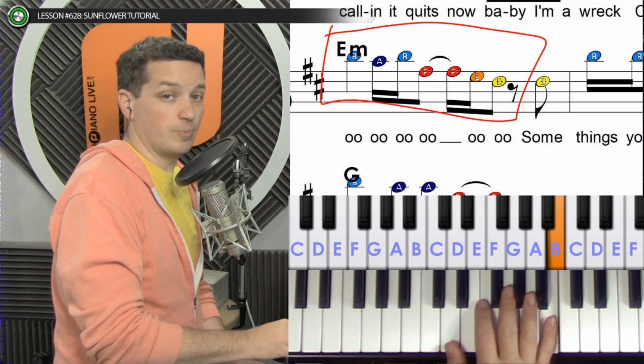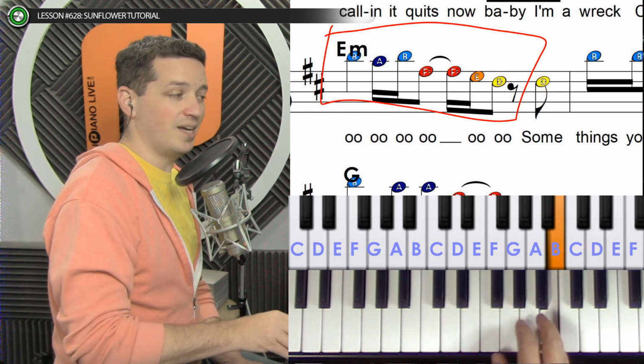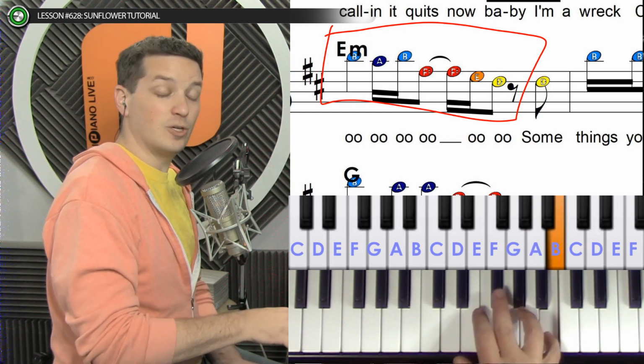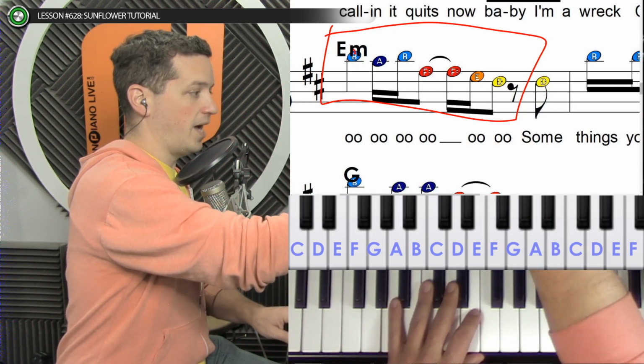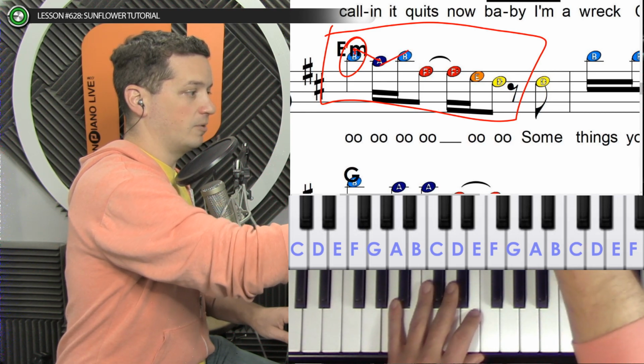So we're gonna have to jump all the way up to a B and play a B, and then an A, and then a B, and then go down to F sharp. And you can tell here, we're going up to a really high note, go down a little bit, up a little bit, and then down a lot.